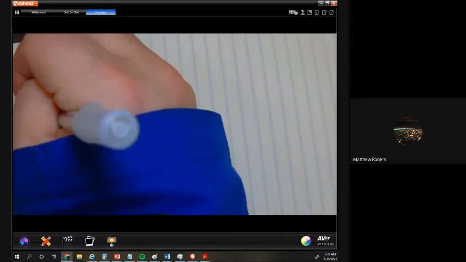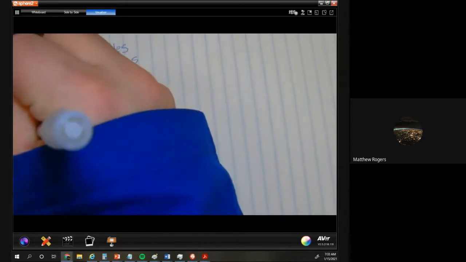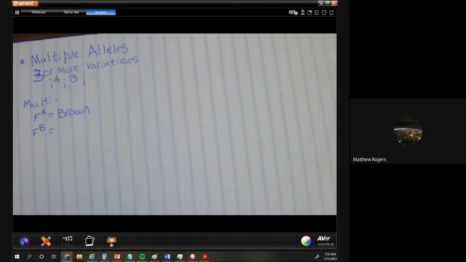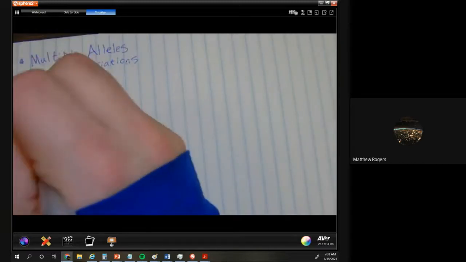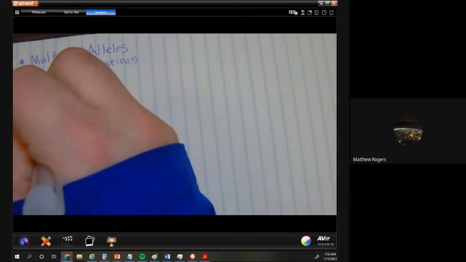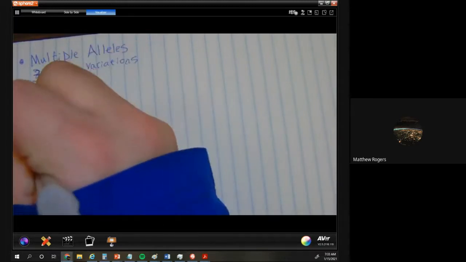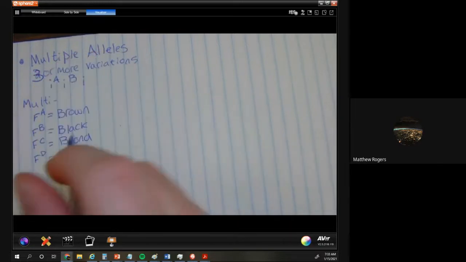FA equals brown hair in humans. FB, again, F is just a standalone. It just means technically whatever you want it to mean. I picked F randomly because when I was first starting this question, I was going to do fur, I think, and then I switched it to human hair. FC equals blonde hair. And FD equals red hair. Now, using this